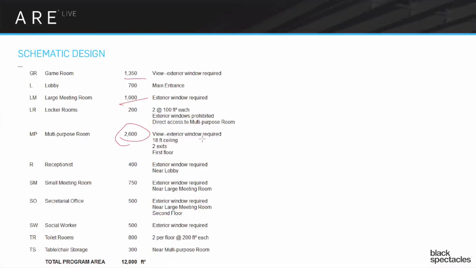So let's just check ourselves here. It says view, so it means it's required to put an exterior window in. It has an 18-foot ceiling, which means it's the double height space. It has 2 exits like we thought, and it's on the first floor, obviously, because it's the double height space. So that right there, scanning through and finding that room, a lot of things are going to revolve around that